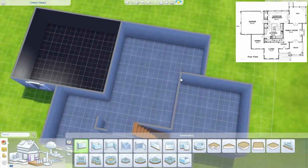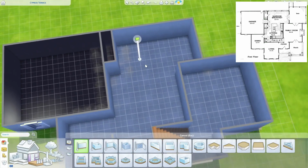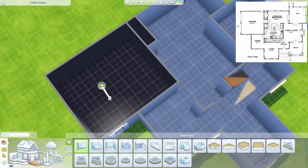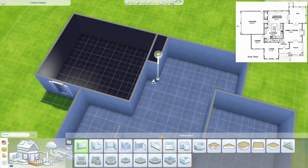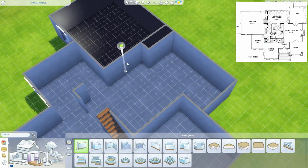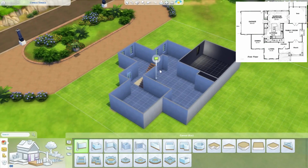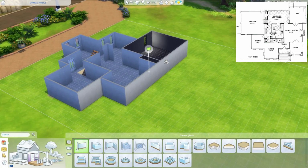Oh, and then there's also a half bathroom, it looks like right here. And then this is going to be a door going out to the garage, and then you'll have a little area. So I'm going to make it so that the rest of the house is on foundation, but the garage... there isn't any foundation in the garage, so we'll get to that. So yeah, and then we can have the door to the garage right here. And I think that'll work fine. And then this is plenty of space for a sunroom and breakfast room like it calls for. So I don't think we need to pull the back out any further than that, although...